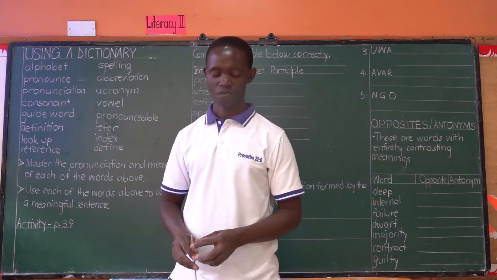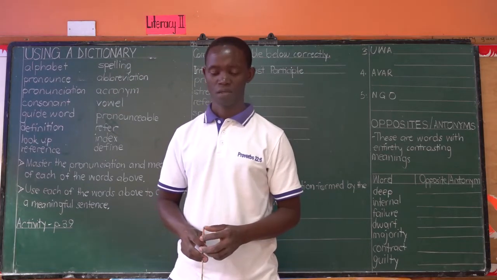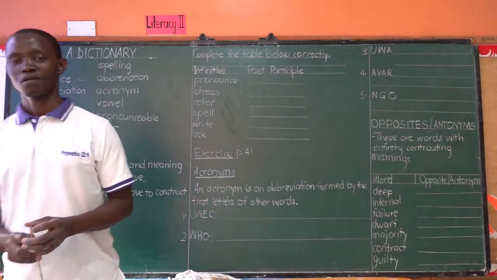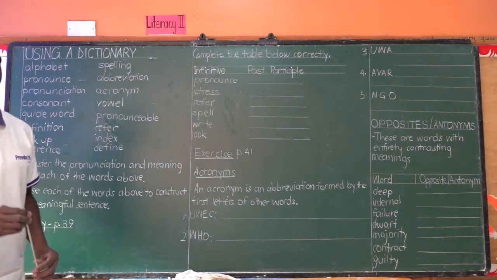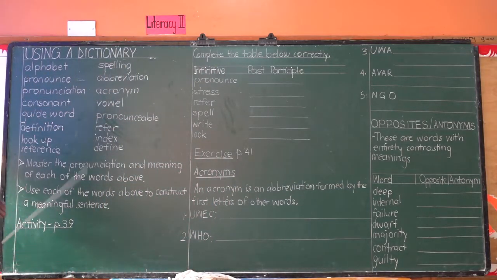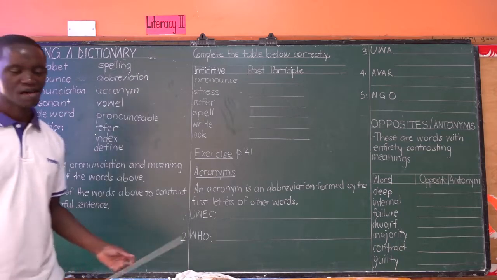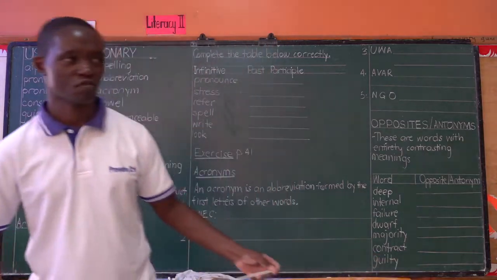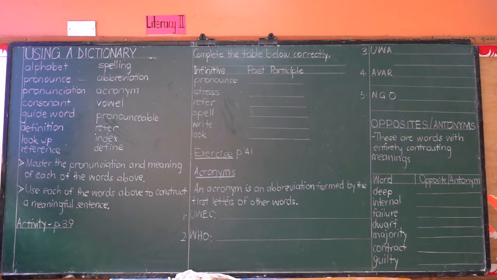Meaning after this year, if you have been following the lessons we have been posting, you'll be ready to do your end of year exam, and we see how you perform, basing on what you have been learning from our online video lessons. Using a dictionary is the topic, and we start with the vocabulary as usual. Let's go through the list of new words in the topic, and later we see what comes next.